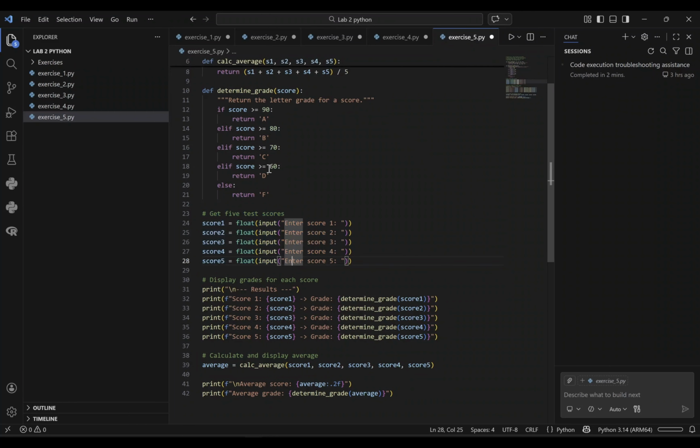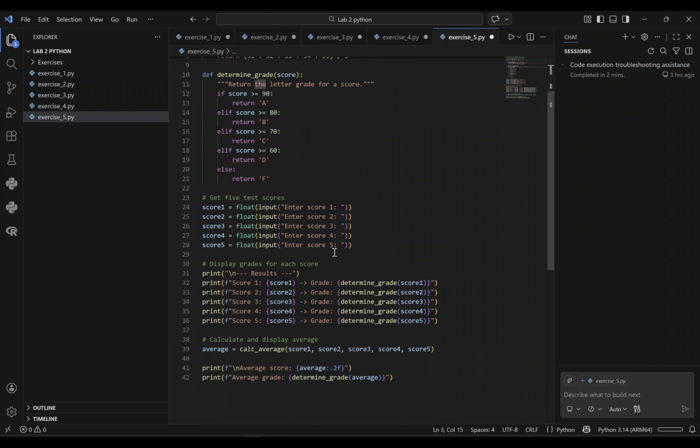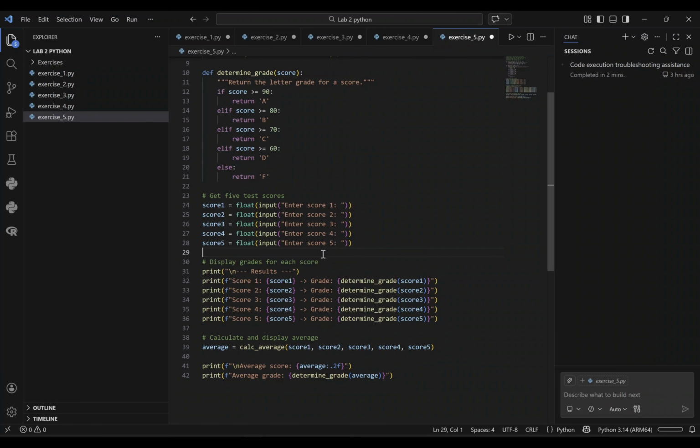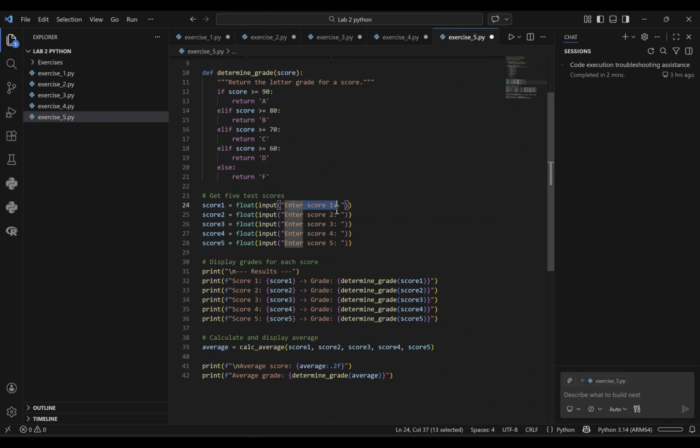Now, after introducing every function and rule in this code, we can start collecting the data. Here we are going to collect the data from the user. The user inputs the scores 1, 2, 3, 4, 5 individually, and these scores are stored in score 1, score 2